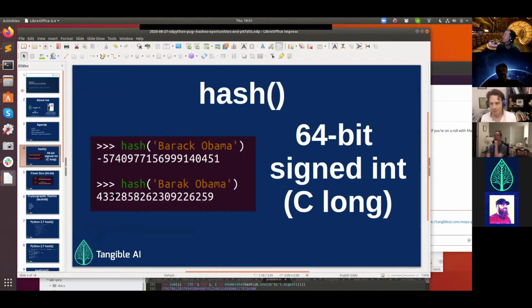So hash, if you hash a string, this is what I was using it for. So I'm using it for hashing the 15 million Wikipedia titles that exist there, so I can store them in a list of integers. They turn out to be long integers, as you see here, 64-bit signed ints. And I'll show the C code in a bit to